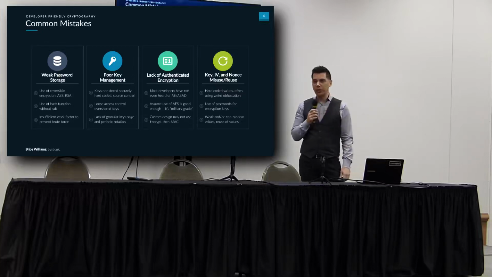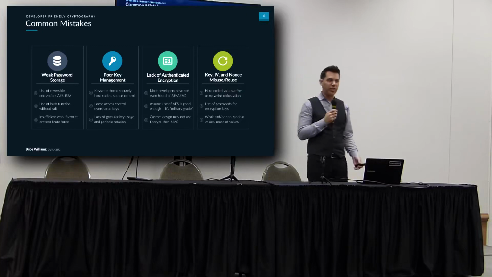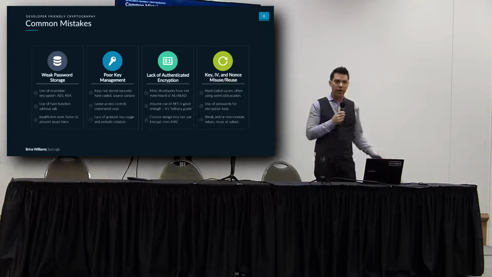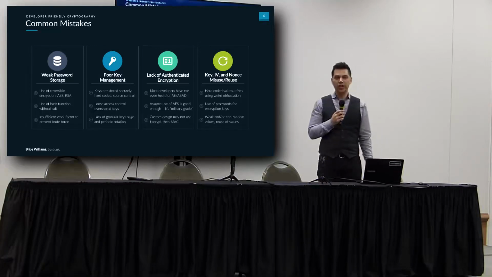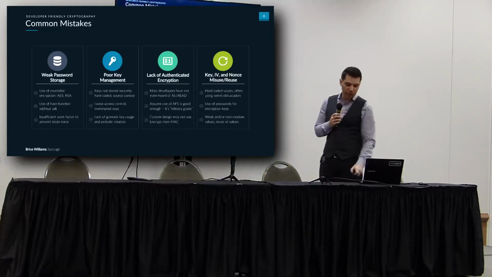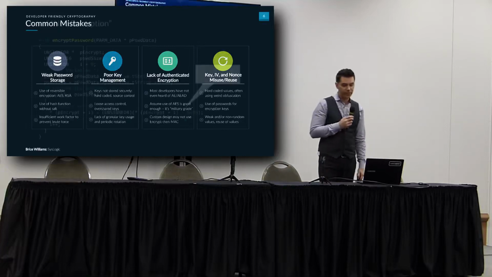Use of passwords for encryption keys. Another big issue, a password is not designed to be an encryption key. You can turn a password into an encryption key, but a password itself should never be used for an encryption key. Also weak or non-random values for these keys, IVs, and nonces, or just reuse of values. There are certain constructions where reuse of a nonce is a big no-no.